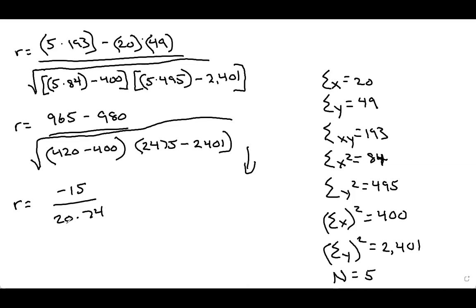If we multiply 20 times 74, that's going to come out to 1480. Remember to get the square root, that's over negative 15. So now if we take the square root of 1480, that's going to give us